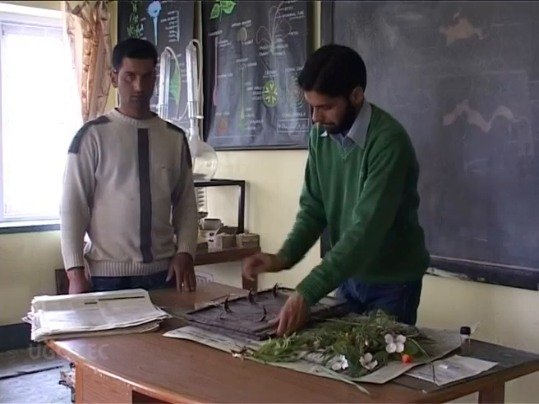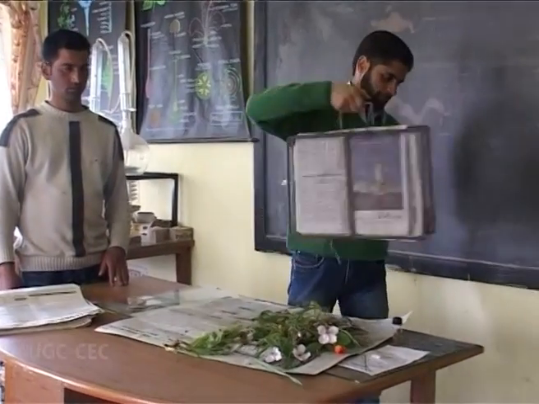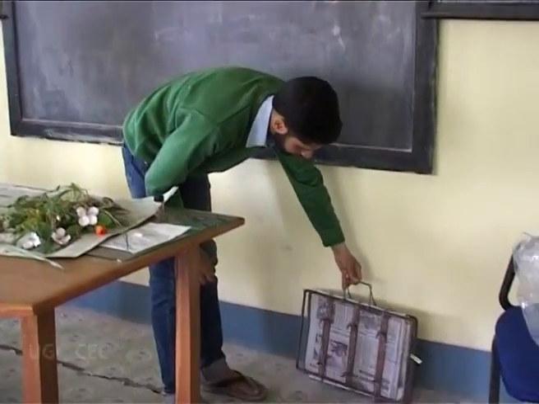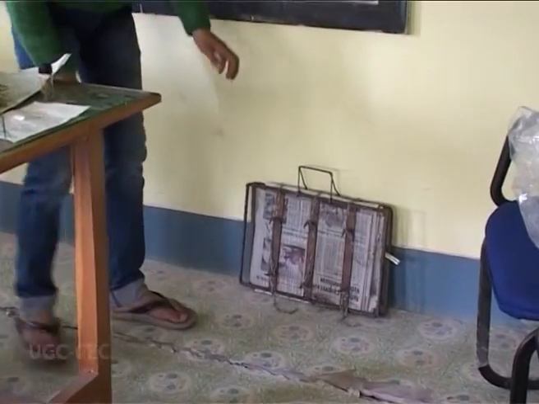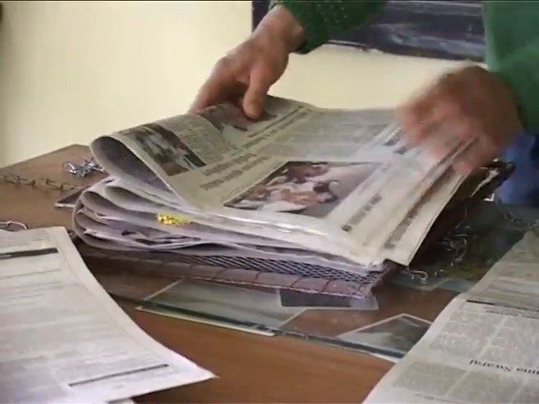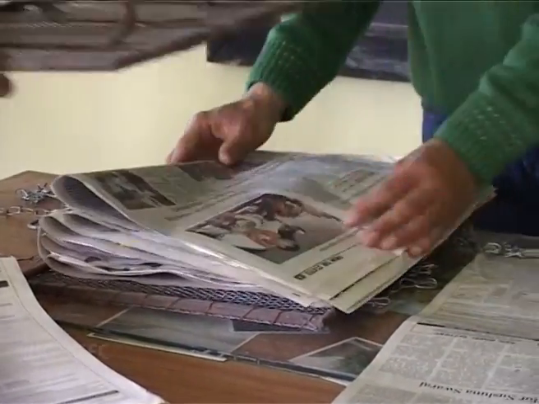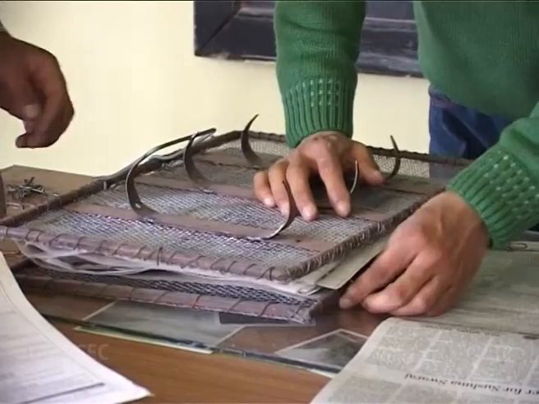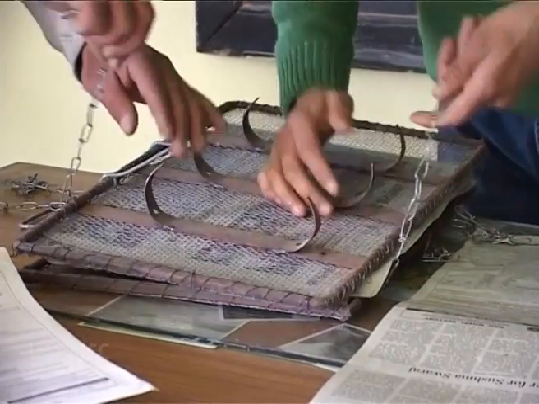One more step in herbarium techniques is the drying of plants. Once the plants are in the plant press, the specimens can be dried in several different ways. The press may be placed in the open sunlight or even sometimes indoors. It is very necessary to change these papers at regular intervals until the plants are completely dry.